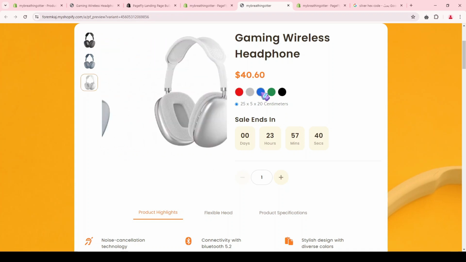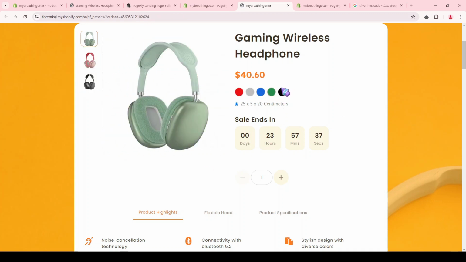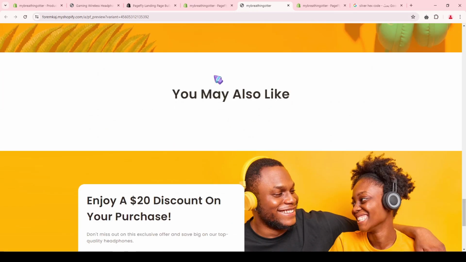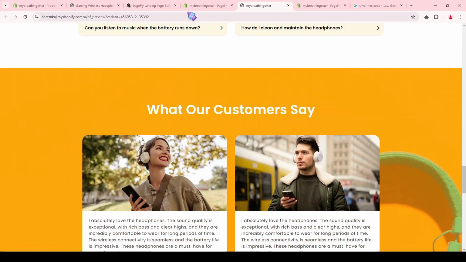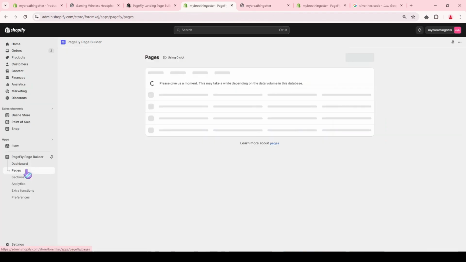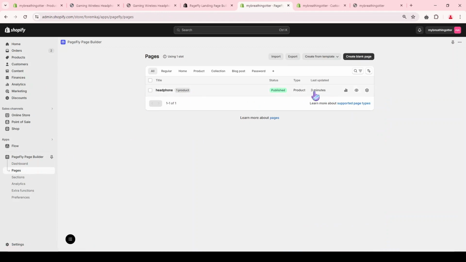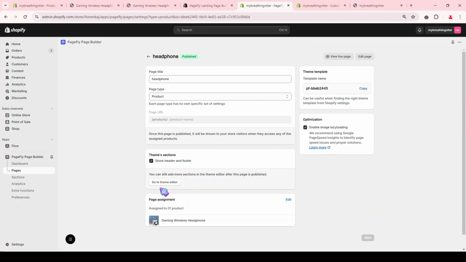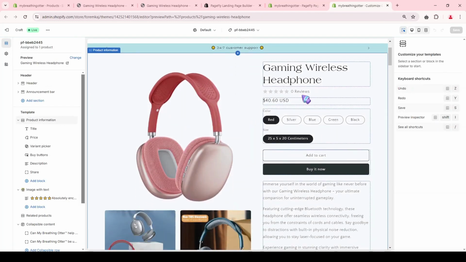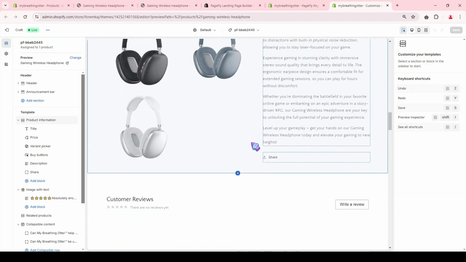Every time you choose a color, the color and the image related to it will appear, and the product page is clear in front of you in this way. If we go back and click here on Pages, we will find the page here and the page is already published. We will start by clicking here on Page Settings, then click on Go to Theme Editor. We will find here that the old page is on top and the new page is at the bottom in